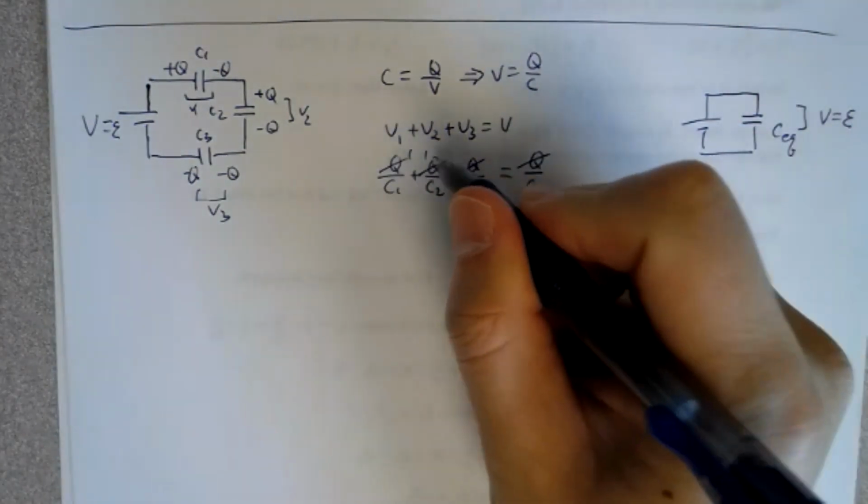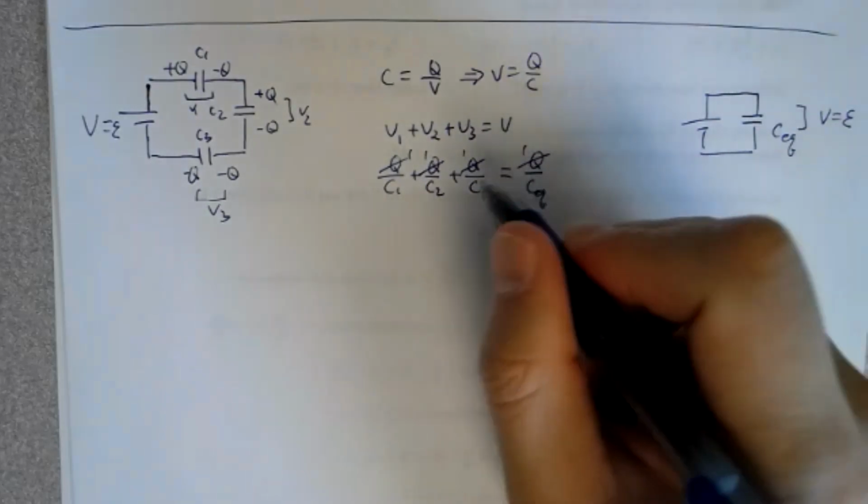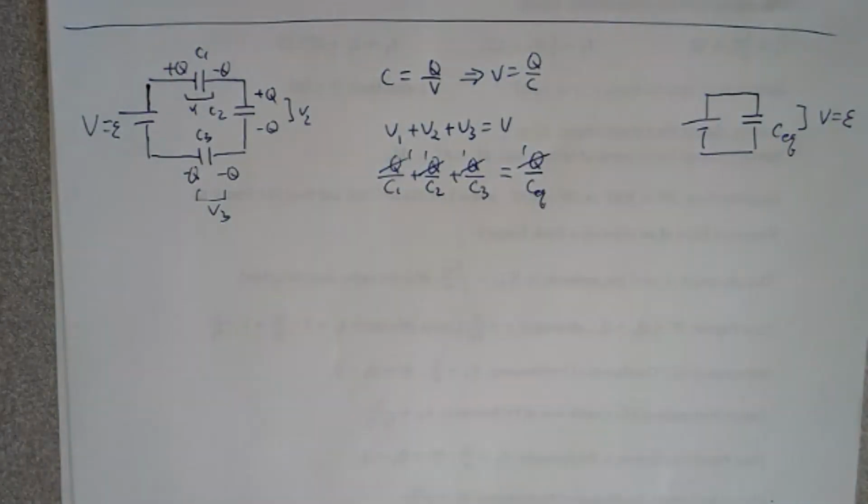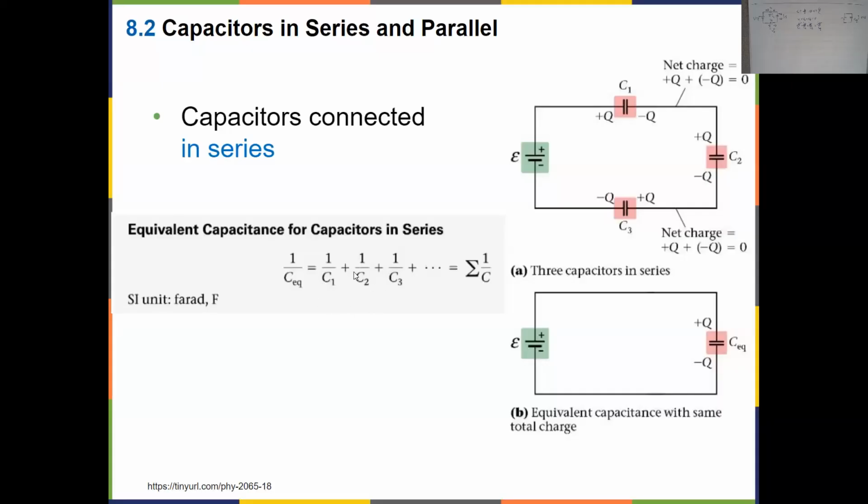So then you have 1, 1, 1, and 1. So 1 over CEQ equals 1 over C1 plus 1 over C2 plus 1 over C3, just as the slide shows. For three capacitors, you add up the inverses to equal the inverse of CEQ. So to calculate CEQ, you sum all these together and then take the inverse. That's when capacitors are in series: you take the inverse of each one, add them up, and then take the inverse of that for the equivalent